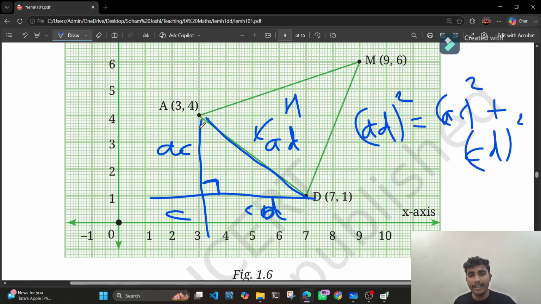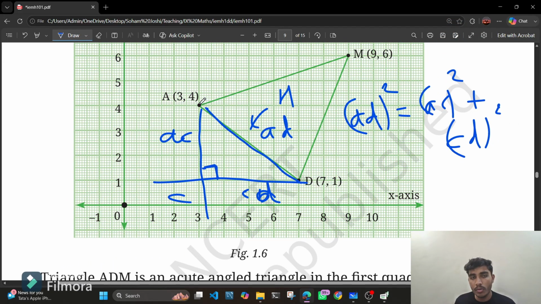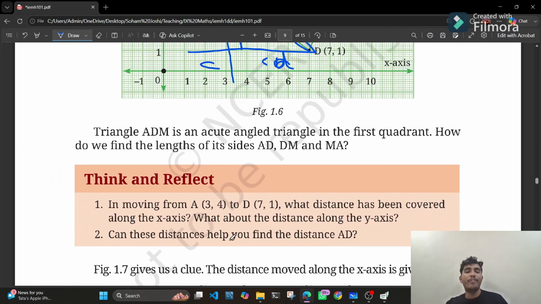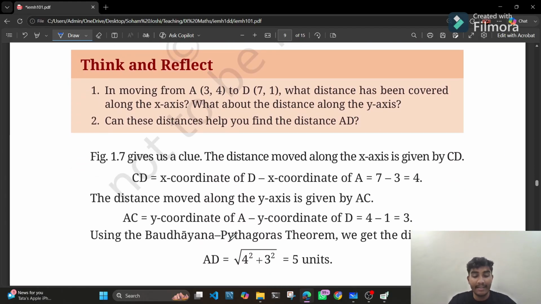So this is how we get the, इससे अपने को मिलता है। सो बेसिकली अपने को ये जो डिस्टेंस निकालना है, इसका डायरेक्ट फॉर्मूला बनता है।